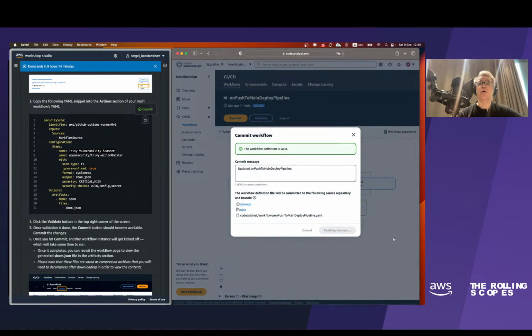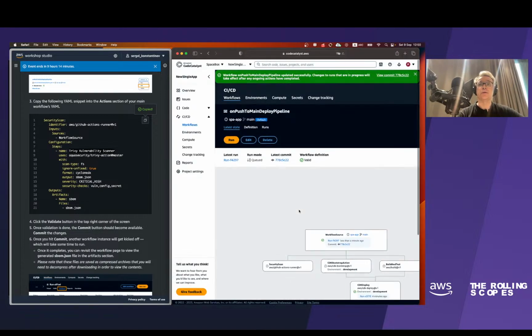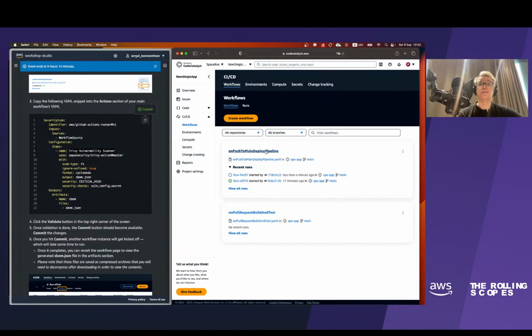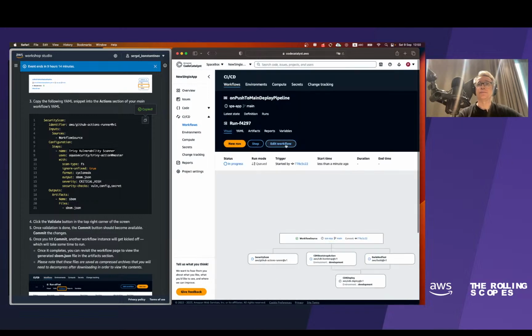So now we are committing our code, and our workflow, which is called, let me take a look, on push to main deploy pipeline, and so on. And it started its workflow right now. So what it's going to be doing,